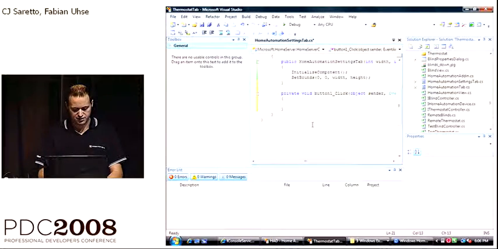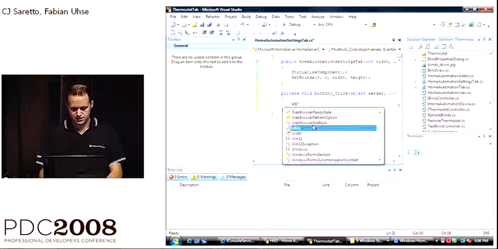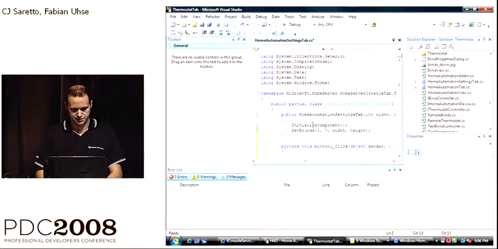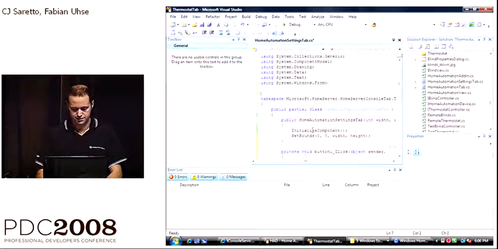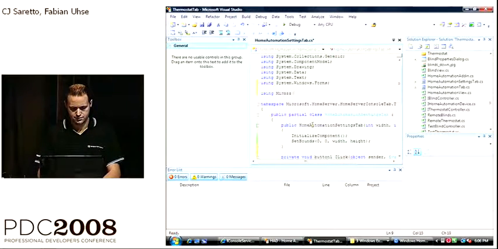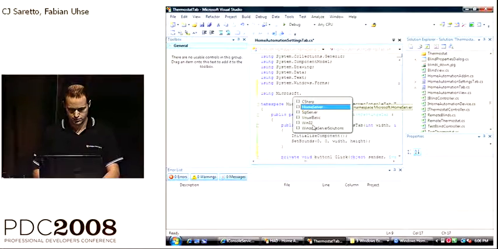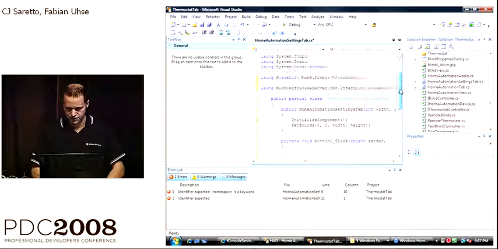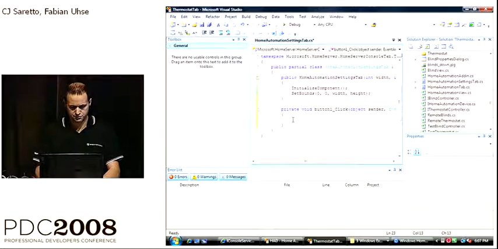I'll write a tiny bit of code behind, and all I need to do is reference the correct namespace first so that I get the right thing going on here. There we go. So now that I have the right namespace, I can do a super simple thing.